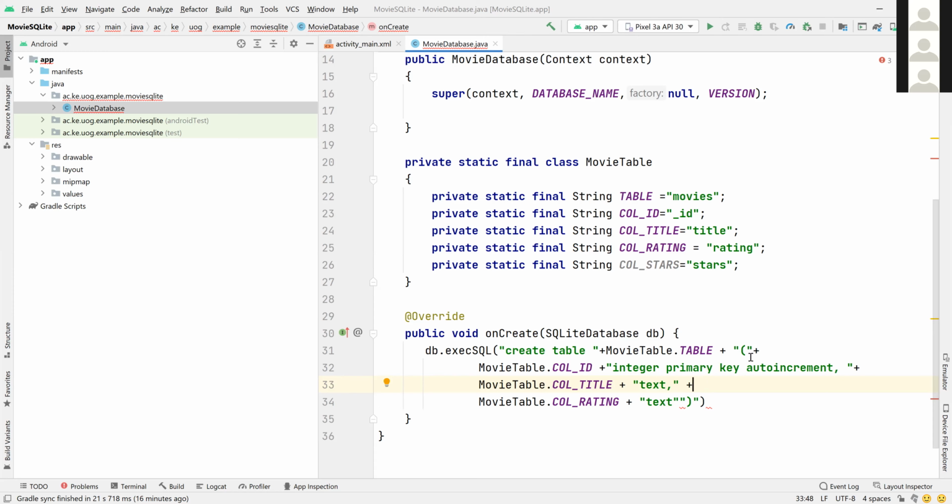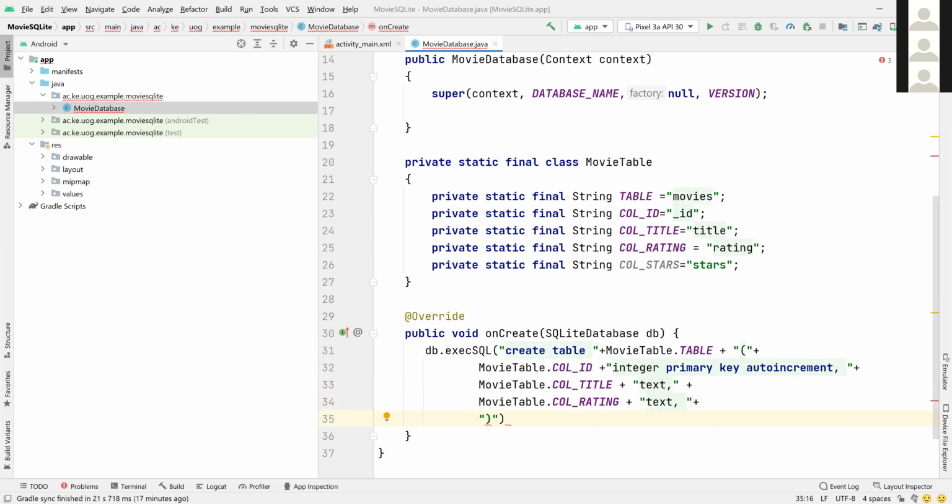Then plus that. This is okay. So then we have column rating plus text, we want it to be a text, comma, space, plus